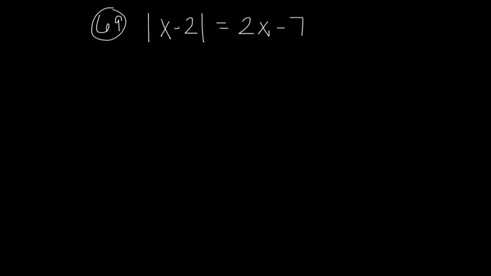This next equation is a little bit different in that we have the variable both inside the absolute value and outside the absolute value. If you think back to the piecewise definition of absolute value, we said that the absolute value of a number x, actually let's use a different variable than the one in our equation. We'll say the absolute value of some variable r. There's two different possibilities because absolute value is distance and we can go the same distance